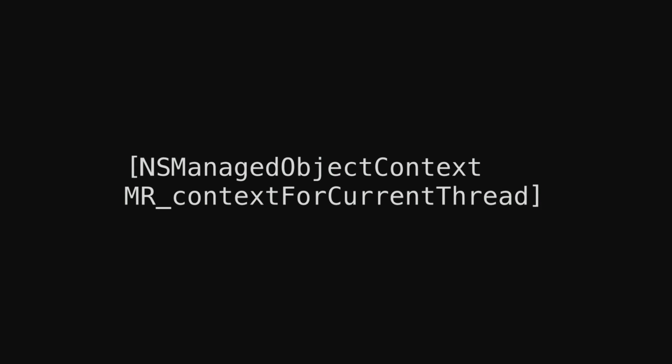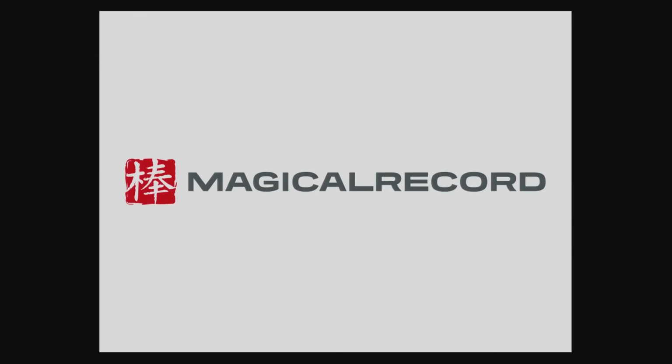So 99 times out of 100, this method will work. But that one time it'll crash. And anytime you get a crash like that, it happens randomly, and every other piece of code is logically sound and has been tested, it's a threading problem. This has caused a lot of threading problems over the years with people trying to use it with GCD and such. So this method is causing me problems, and I get a lot of support requests for this, and my goal is to not have to support this because I've got a lot of other stuff to do. And again, we're talking about NSManagedObjectContext.